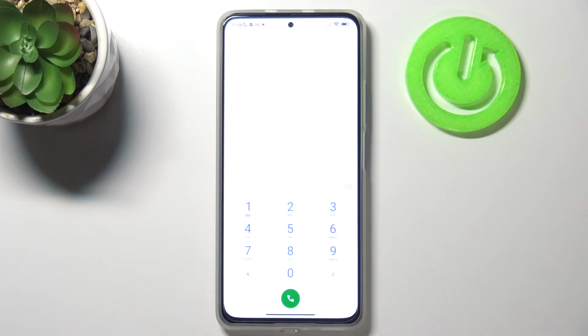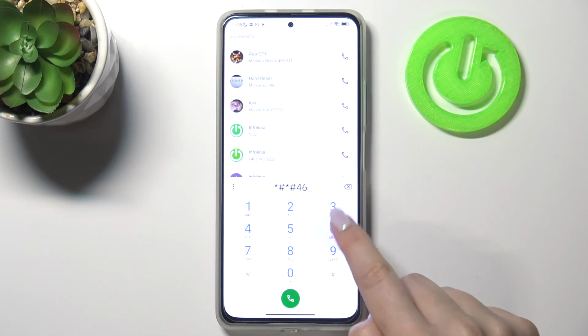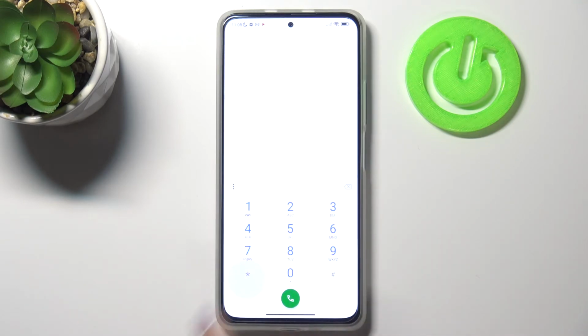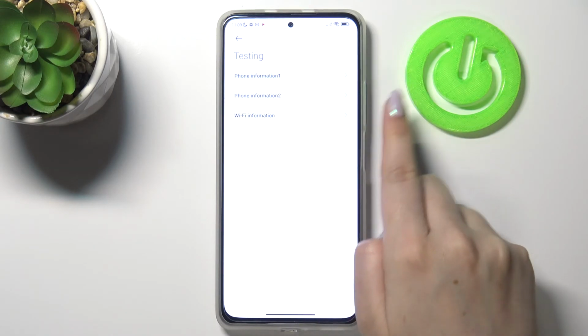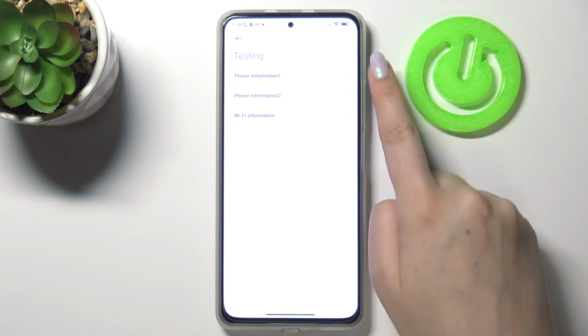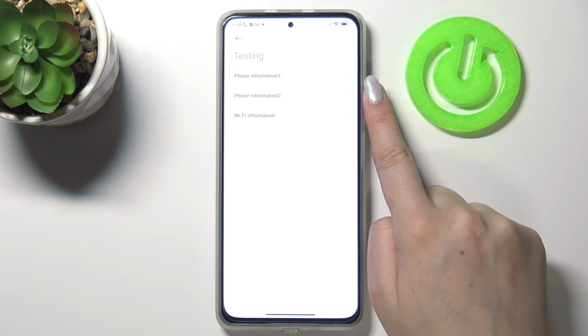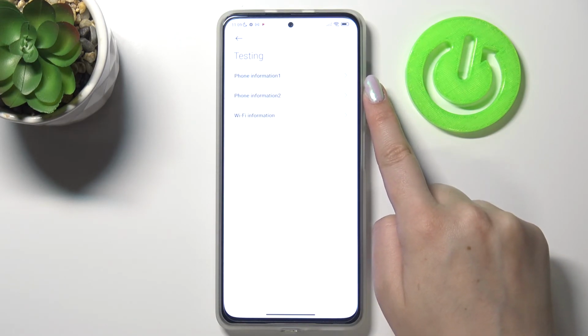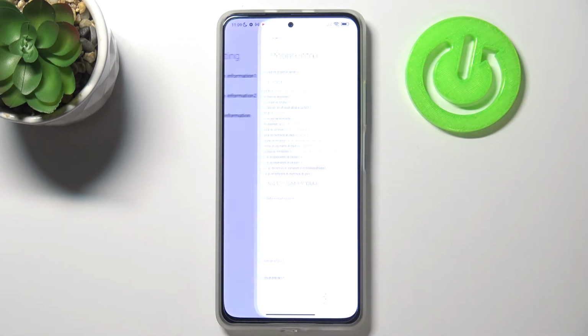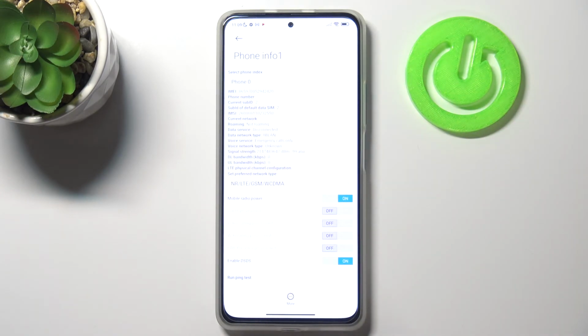Let me get back and let me show you the last code, which will open the testing menu. It is *#*#4636#*#*. And as I said, we are in a testing mode. Here we've got the phone information and also the Wi-Fi info. We've got two different phone information because you are able to put two different SIM cards in your device, so that's why. Let's tap on this first one, and as you can see here, you can check the IMEI number,